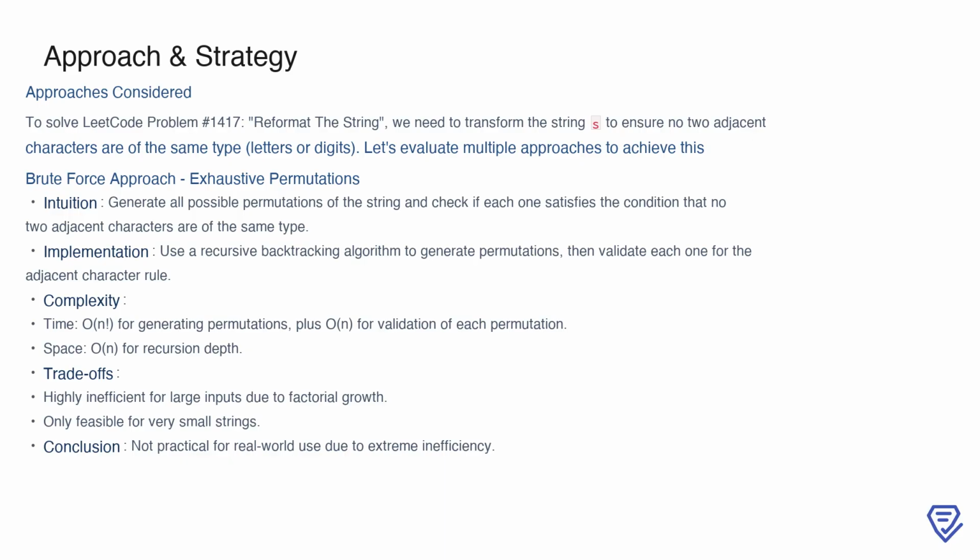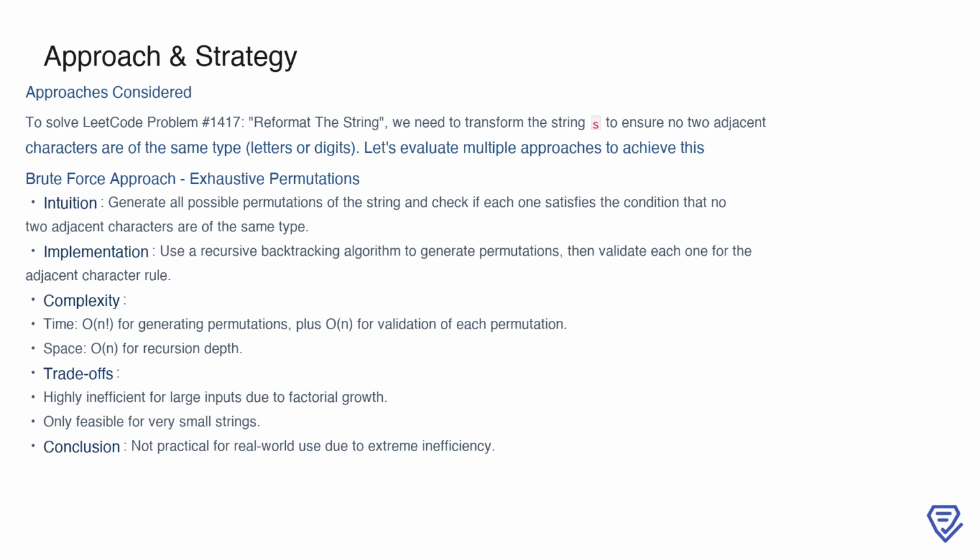However, while this method is conceptually straightforward, it is extremely inefficient for larger strings due to the factorial growth in the number of permutations. The time complexity is O(n!) for generating permutations, and each validation step takes O(n). Additionally, the recursive nature of the algorithm adds to the space complexity. Ultimately, this approach is impractical for real-world use, especially for large inputs, but it provides a baseline for understanding the